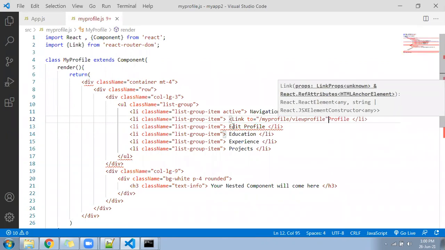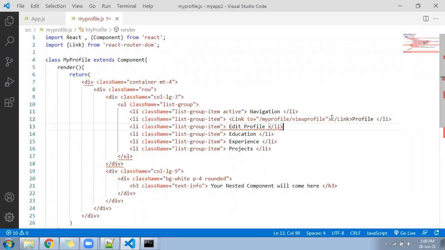Let's look at what we did here. I kept only my profile. So when my page loads, we are saying that when I click on profile, it will go to my profile. That is the default URL.